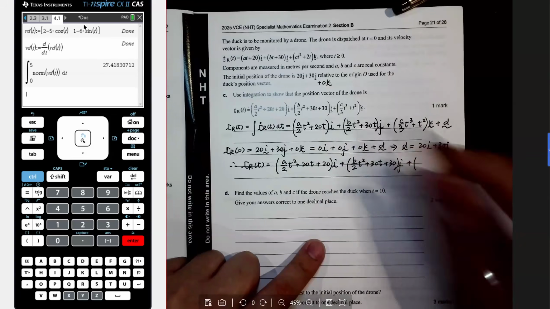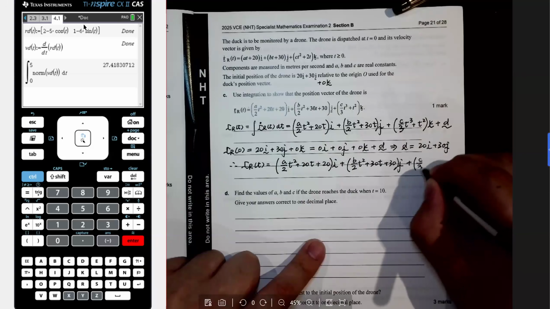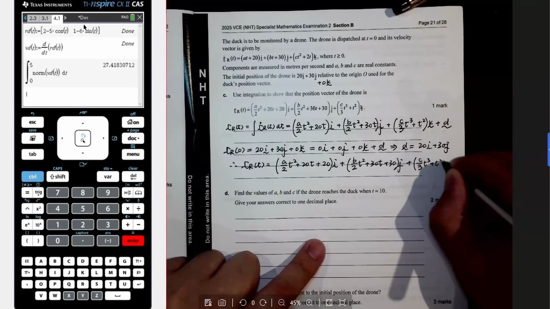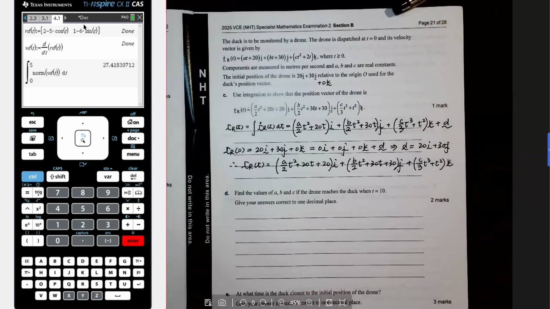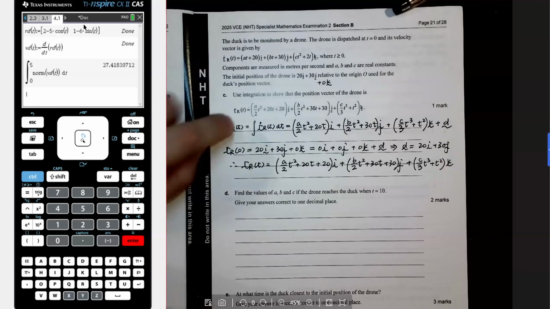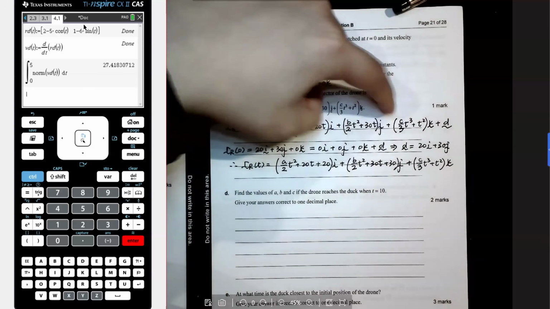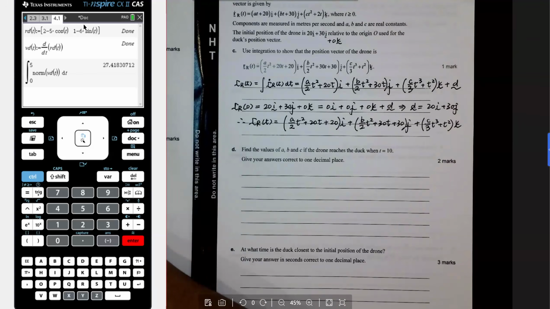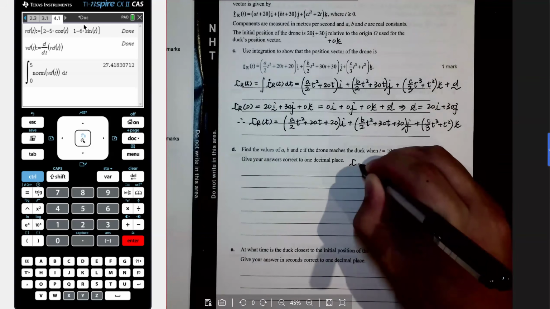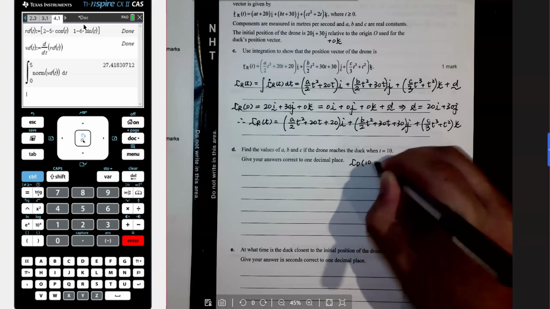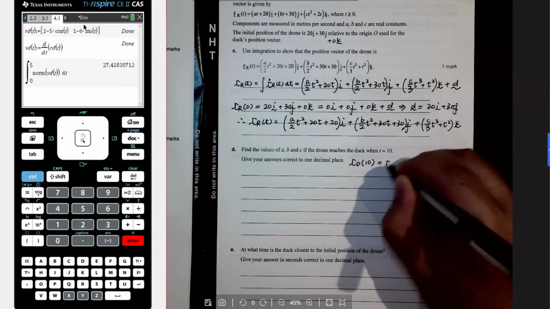And the last component doesn't have any number added to it. That's why they only provided 5 lines. You have to show your antiderivative, show your determination of the integration constant, and make a conclusion, something along this line, I suppose. And find the values of A, B, C if the drone reaches the dock when t equals 10. That is RD of 10 equals to